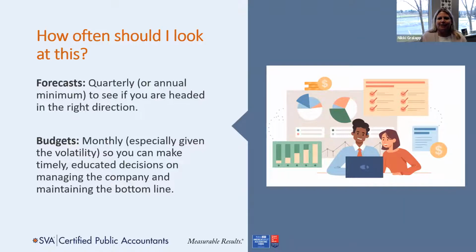That's probably the one change that you're going to see. Before, business owners knew where they were going. Not so much anymore. So monthly is important because items that weren't volatile before have suddenly become volatile. You used to know what expenses were volatile, where you had your price increases, but now it seems like the most unusual things are volatile. So you need to look at it on a monthly basis, and then you're able to make educated decisions on managing the company, and more importantly, managing the bottom line.